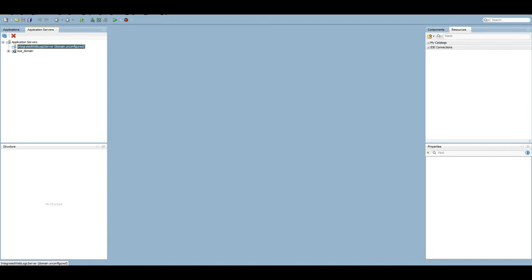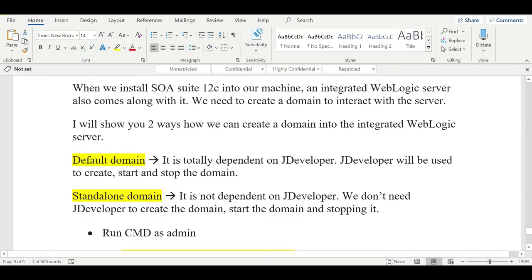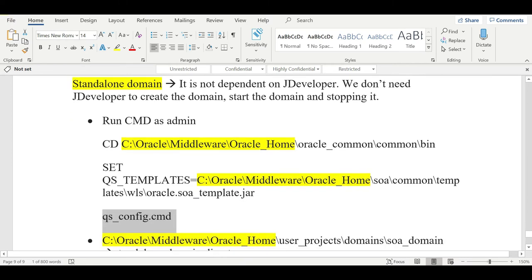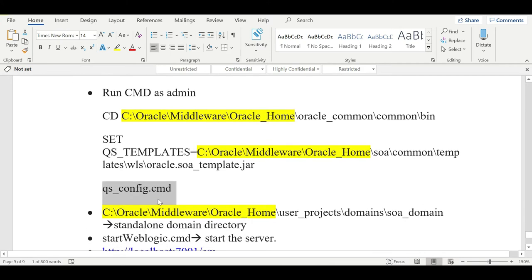Now I'll talk about the standalone domain. As I already said, it is not at all dependent on JDeveloper. We don't need JDeveloper to create the domain, start the domain, and stop it. So for the standalone domain, we need to run this command.